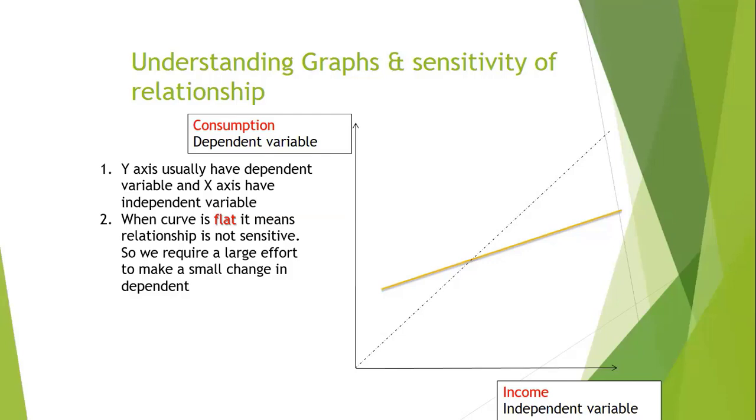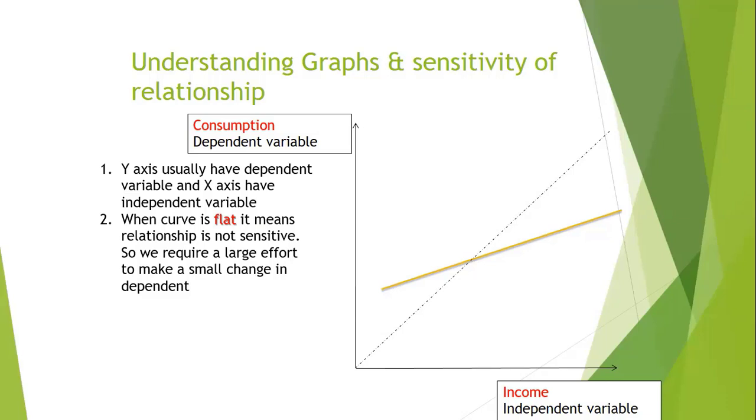So when the line is flat, the value of slope b is smaller than 1. When the line is flat as compared to the dotted line, it means the value of slope is smaller than 1. So conversion rate is shrinking. Conversion rate is that more x has smaller y. And इसकी जो स्लोप है वो 1 से छोटी है. 0.7 हो सकती है, 0.9 हो सकती है, 0.2 हो सकती है, कुछ भी हो सकती है. 0 से बड़ी है. 0 होगी तो it will be a horizontal line. 0 से बड़ी है लेकिन 1 से छोटी है.